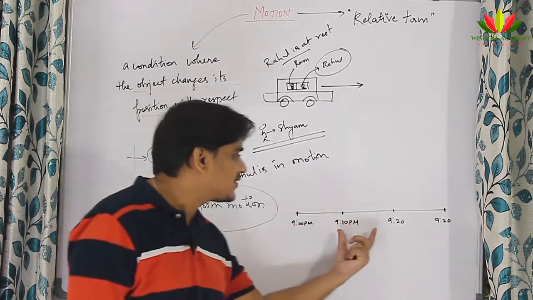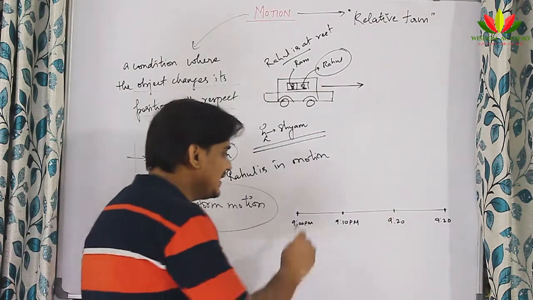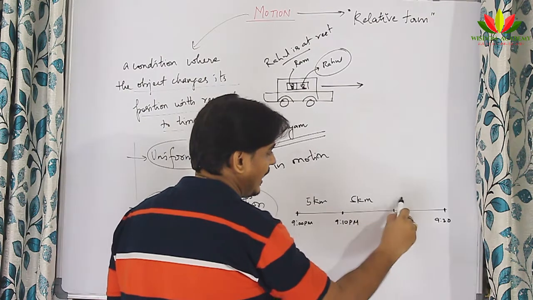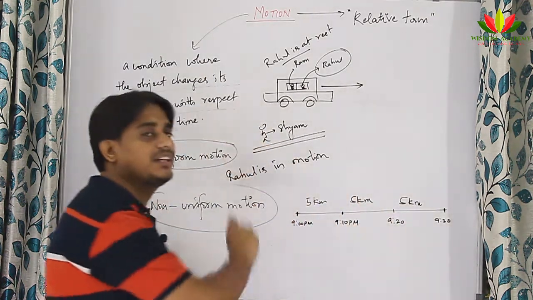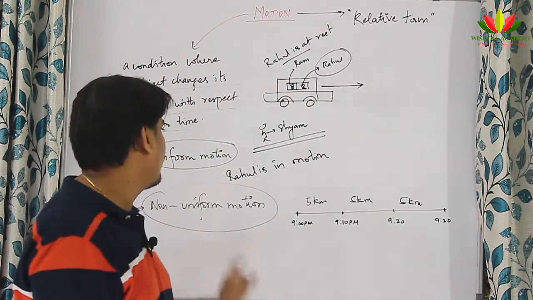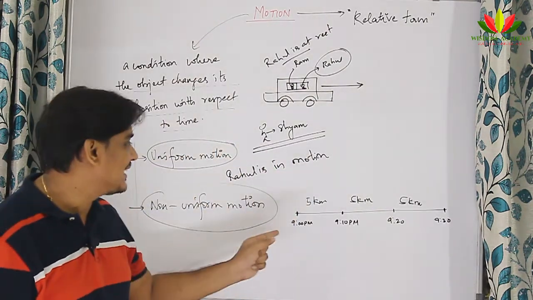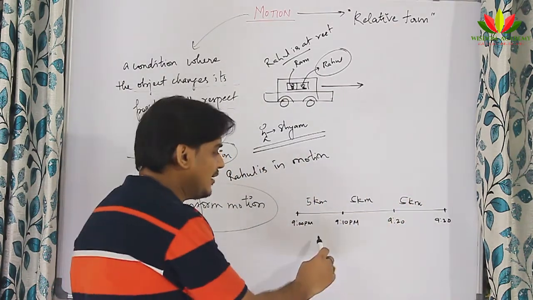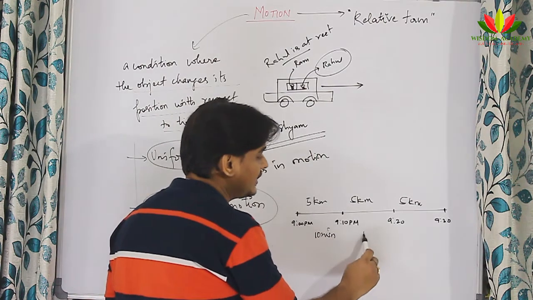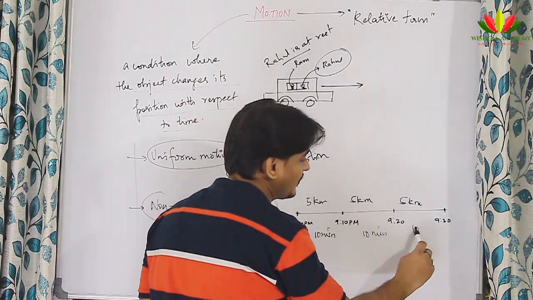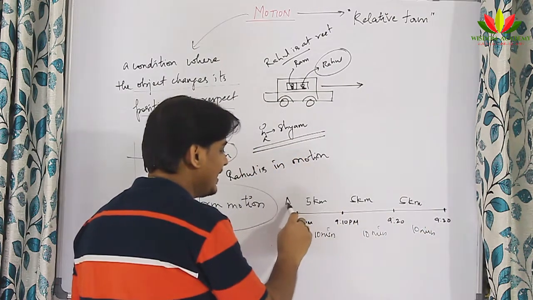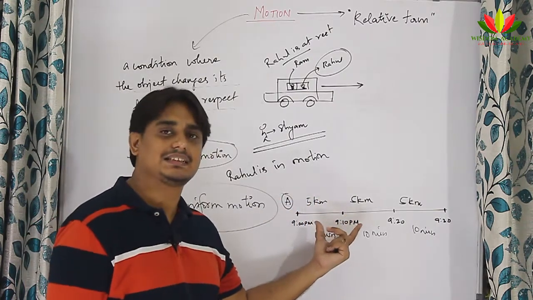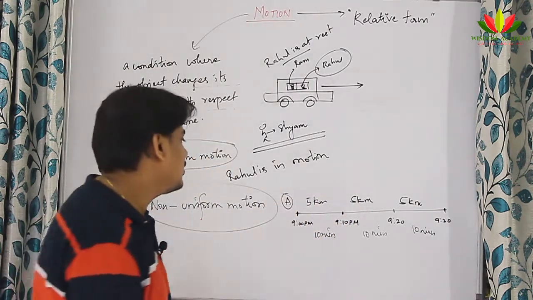In each 10 minutes of span, if an object is covering 5 kilometers, again 5 kilometers and again 5 kilometers, then this object is in a state of uniform motion, because it is covering equal distances in equal intervals of time. The interval of time here is 10 minutes, again 10 minutes here, and again 10 minutes here. So body A, which is in a state of uniform motion, is covering equal distances in equal intervals of time. Suppose there is an object B,